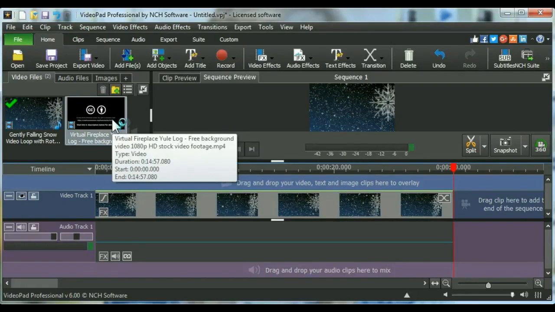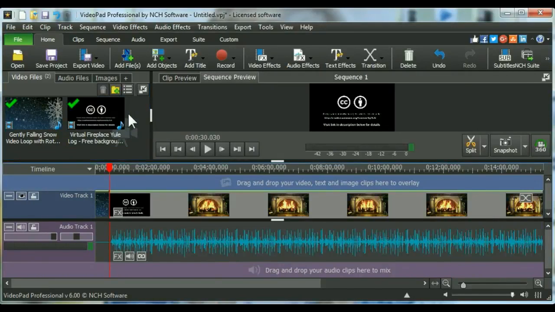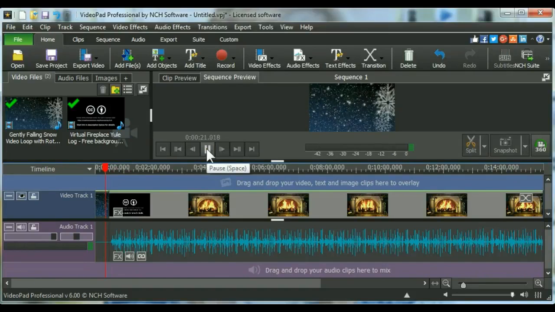Now we're going to do the same thing with the second one. But again, this is going to be a lot longer video. I think it's 4 minutes long. So we're going to right click it, and the cursor is already at the end of the first clip, so we'll place that there, and there it is. Now let's go back a little ways in the timeline here and play it just a little bit to see what it does. You can see the snow falls,